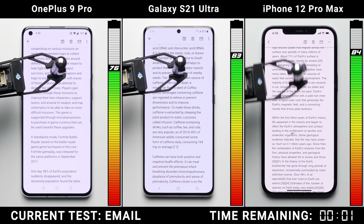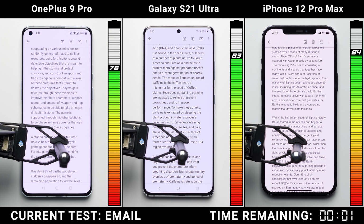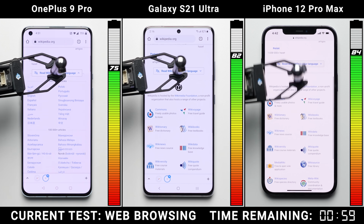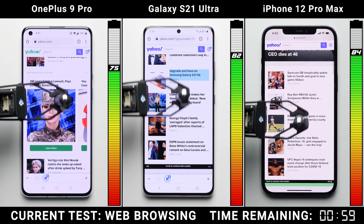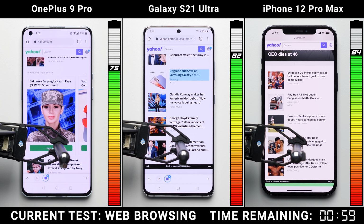The Galaxy does the best with a 6% drop, the iPhone does only slightly worse at a 7% drop, while the OnePlus comes in third yet again, suffering a 9% drop. So the OnePlus 9 Pro has dug itself in a bit of a hole here. It's clearly in third place with the other two phones well ahead, but we'll see if it can make up